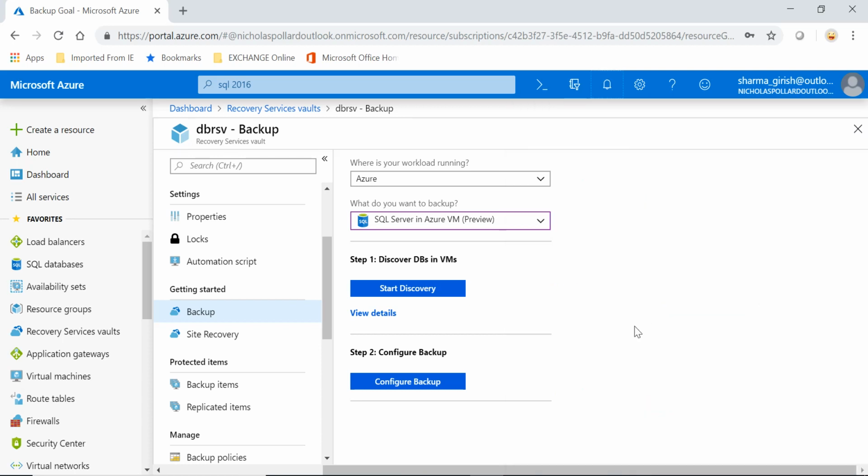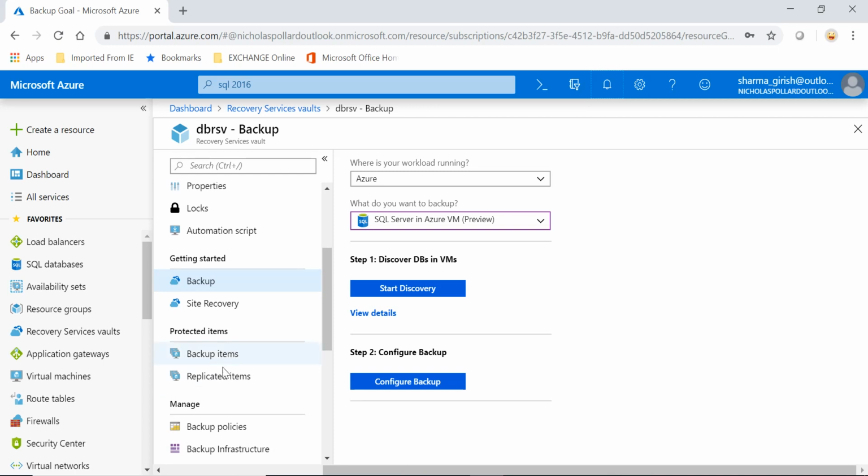Okay, so the deployment was successful. Basically, we have added the agent to that server where we want to restore. At this step, you can just ignore step two, because we are not going to back up. We are just going to restore from the data that we have already backed up. So you can go to protected item and again backup item,